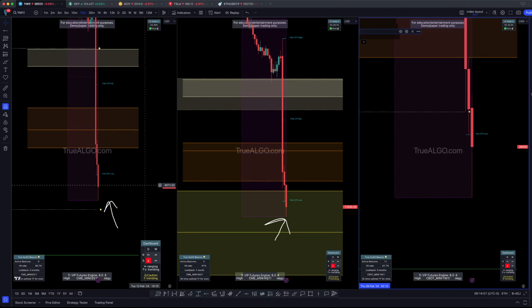Oh, crypto. For all of our crypto folks, I won't spend too much time on it, but crypto is one of the most beautiful things with True Algo. You're sitting up here in the swing box for True Algo, and at the same exact time, Tether, sitting inside the swing box, gets a bullish reversal. Ethereum, bearish reversal, and now as low as you should go for a day. And then you can see on Bitcoin, we're hitting the daily reversal box as well, and bots are buying up immediately. Again, giving you an edge in where price should be headed.